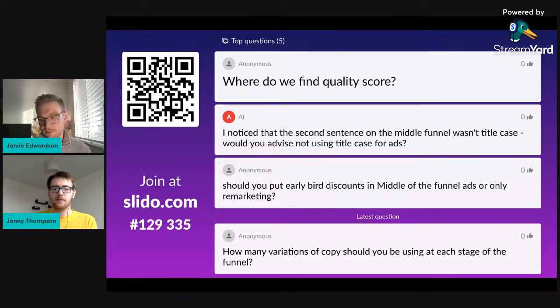That's a good question. Quality score is found within the Google Ads platform itself, at the ad level. The hierarchy of the Google Ads platform starts at account, then campaign, then ad group, and then your ads and keywords sit under there. Once you click into your ads, you should be able to see what the quality score is, the rating out of 10. And then you'll get some feedback as well,